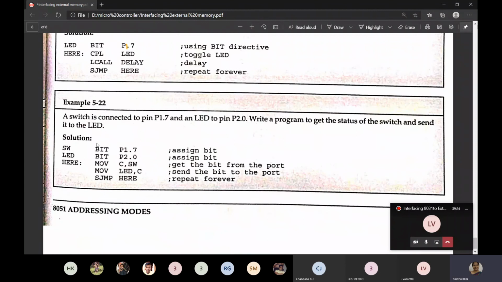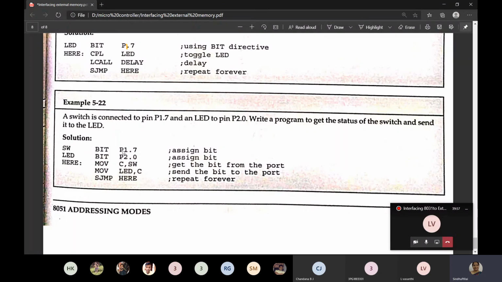Next, one more program in the same way. A switch is connected to pin P1.7 and an LED to P2.0. Write a program to get the status of the switch and send it to the LED. The two pins P1.7 and P2.0 are assigned to the variables SW, that is switch, and LED. So whatever the status of the switch is, they send it to the carry flag. See here, MOV C, SW.